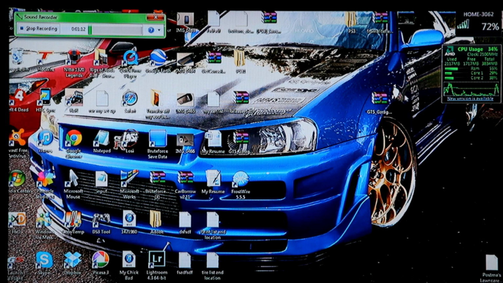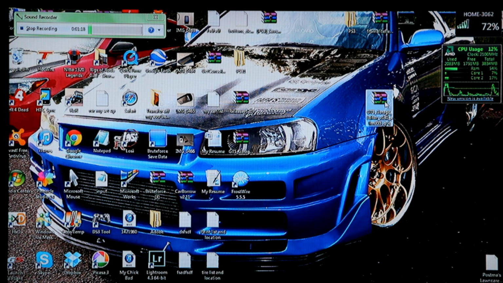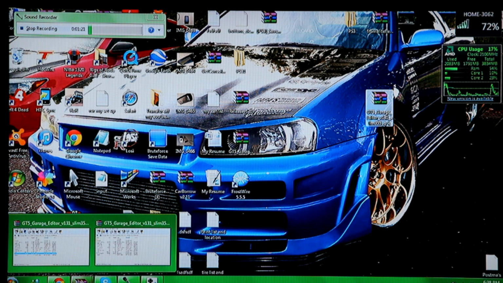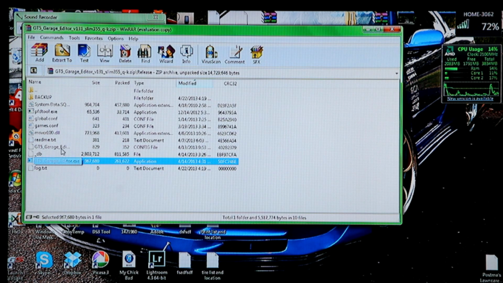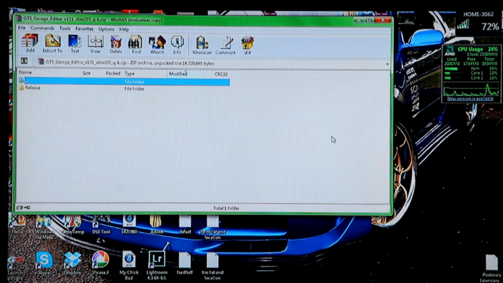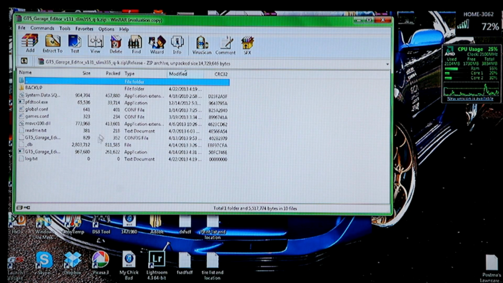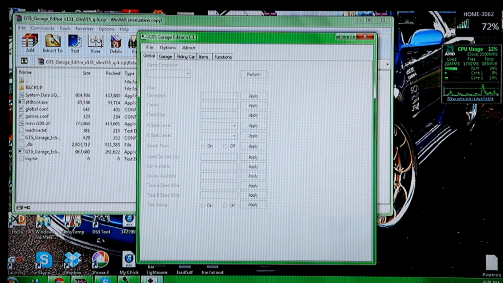Okay, once you download that, it will give you this file here. I already have the program open, but you double click on that, it will open up this. There will be a release file in here. Click on release, and GT5 Garage Editor. Alright, now you got your program open, you go back to your PlayStation,